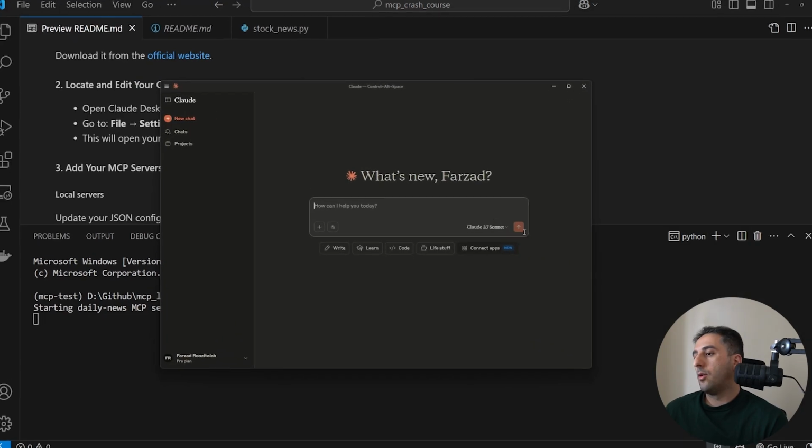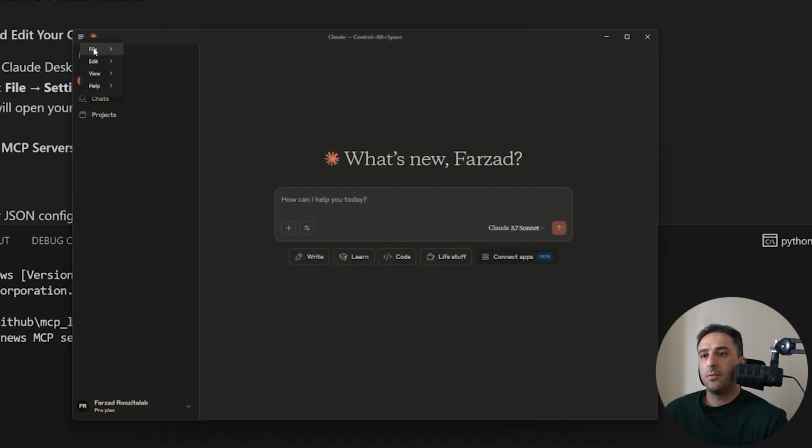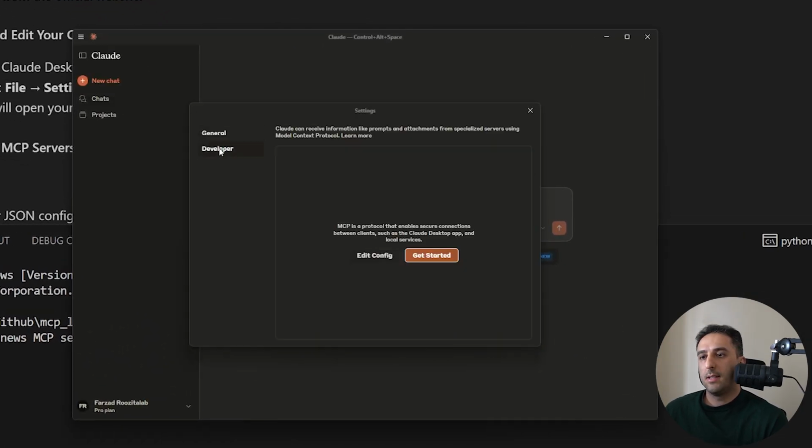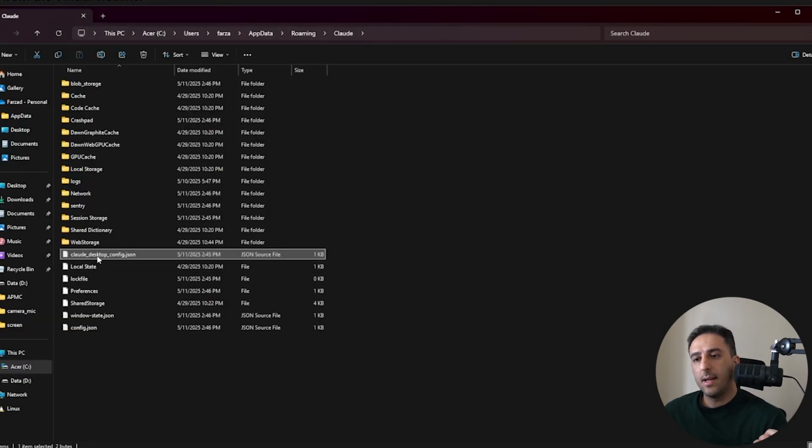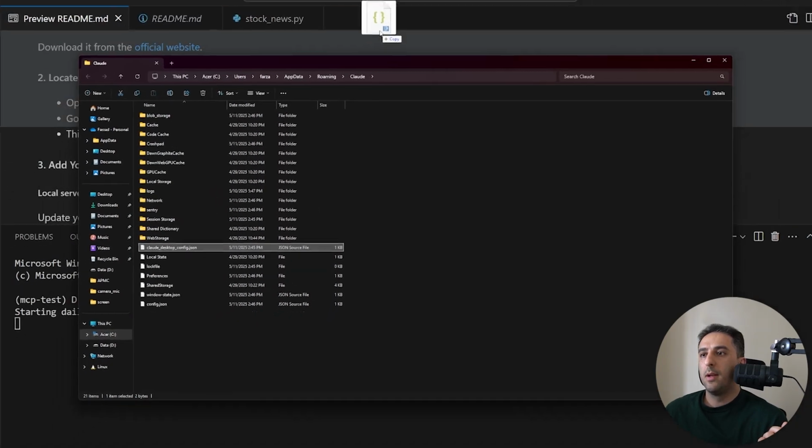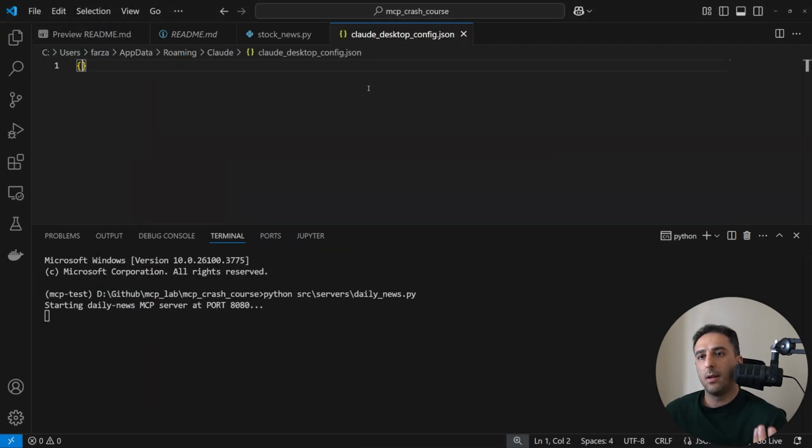If I open the app, go into File, Settings, Developer section, you can see Edit Config right here. As soon as you click on that, it's going to open the directory for you, and all you need to do is open the config file in an IDE like VS Code that I'm using at the moment. The config file is empty at the moment, but we can populate it, and using this file, we can inform the Claude Desktop about the